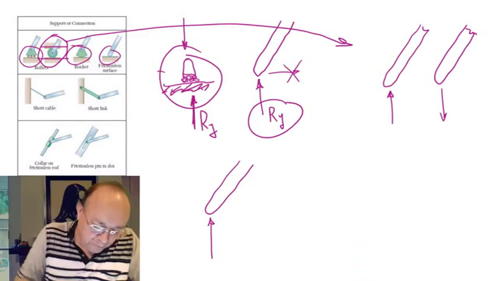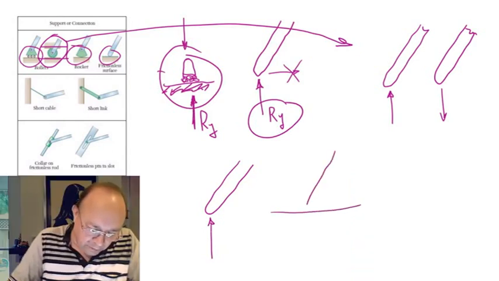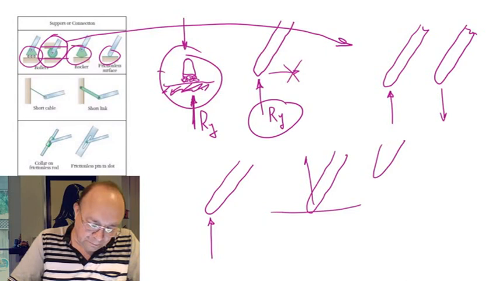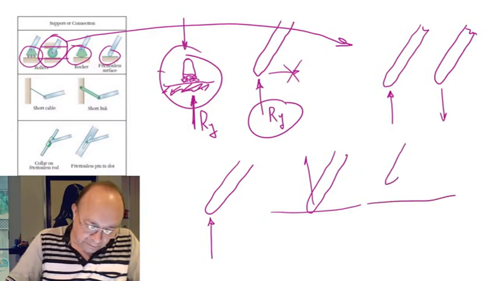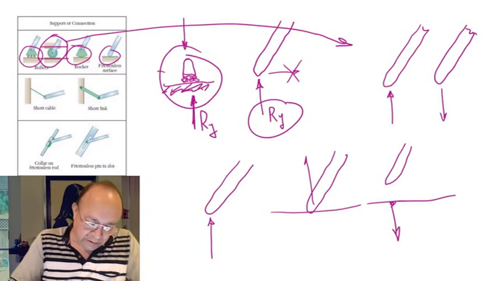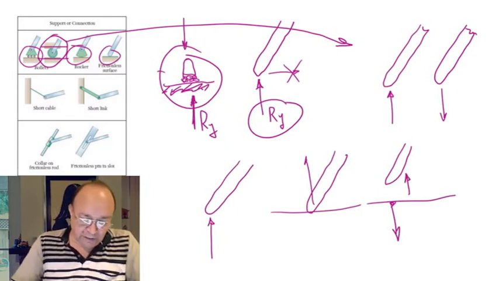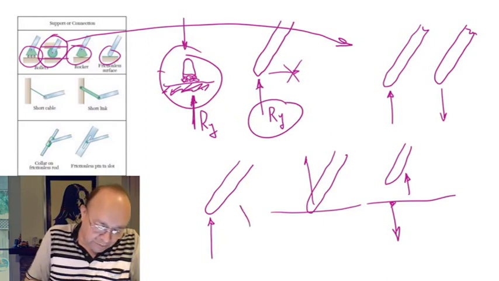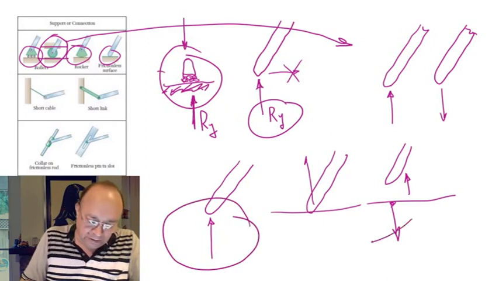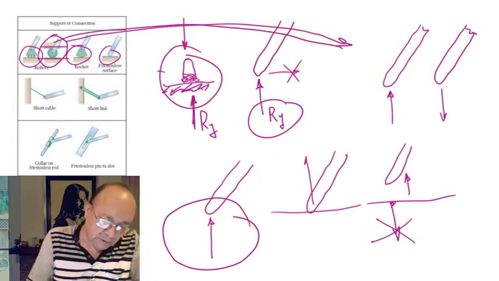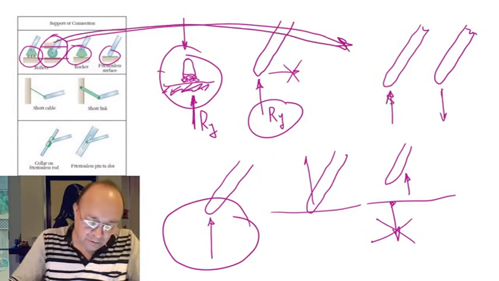Because if you have the support like this, let's say a frictionless surface, and you try to lift this up, it's going to lift up, no problem. There is nothing that the floor can do to prevent the body from lifting the leg like that. So the reaction in this case will be only vertical going up, no vertical going down, as opposed to this roller, which can apply reaction up or down.